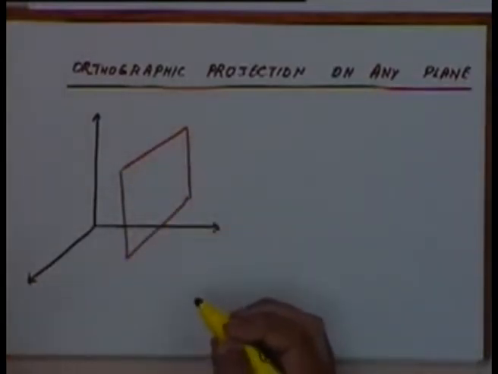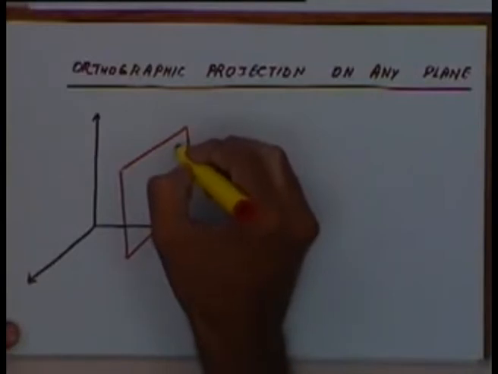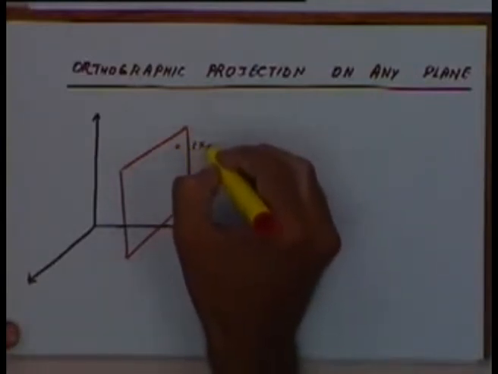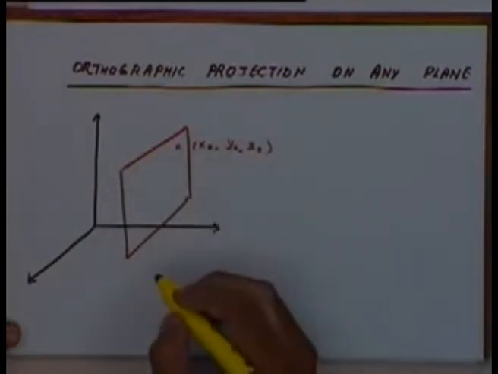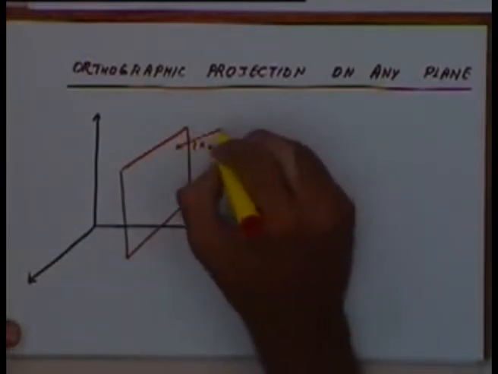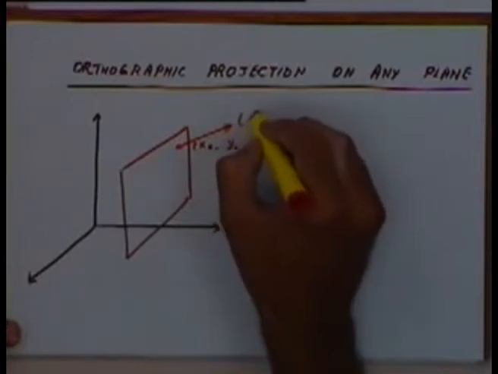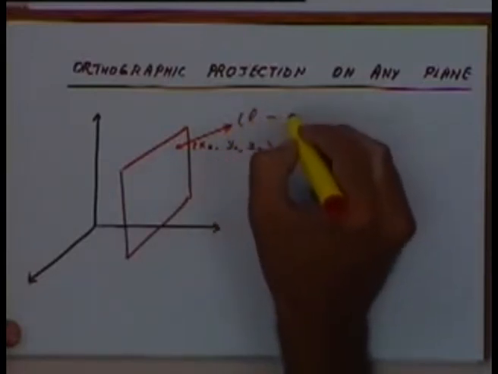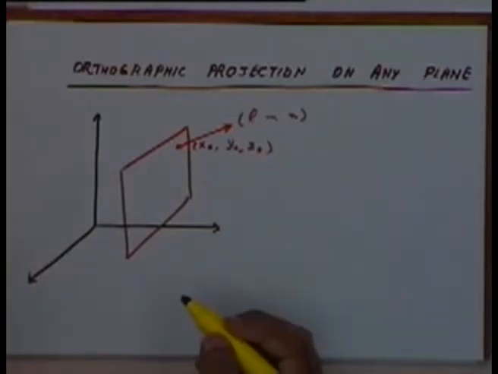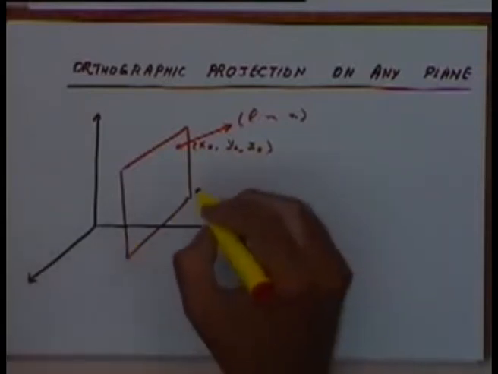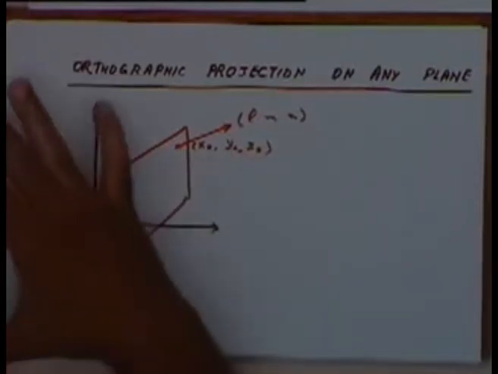This is the plane that we are talking about. This plane is passing through a point x0, y0, z0, and its unit normal vector is given by L M N. Now if I take any arbitrary point